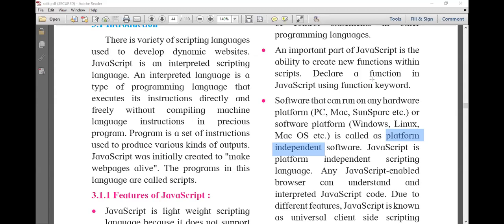In simple definition, you can use JavaScript on any hardware and on any software, meaning any operating system. So it is called platform independent.